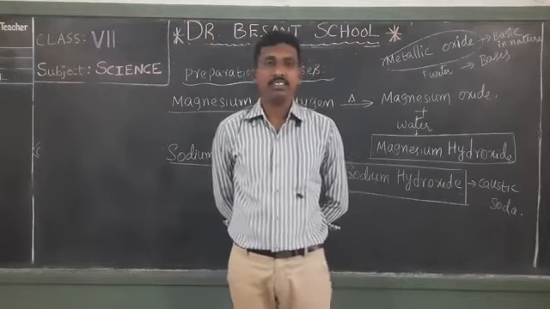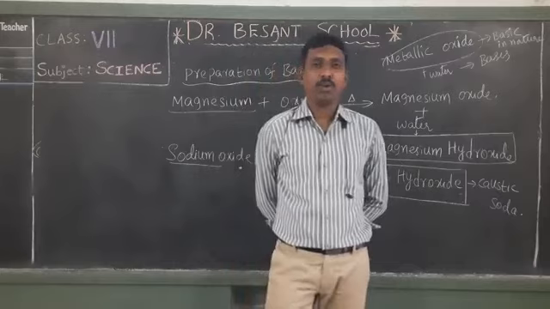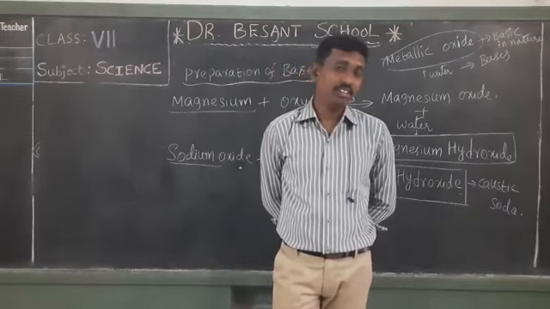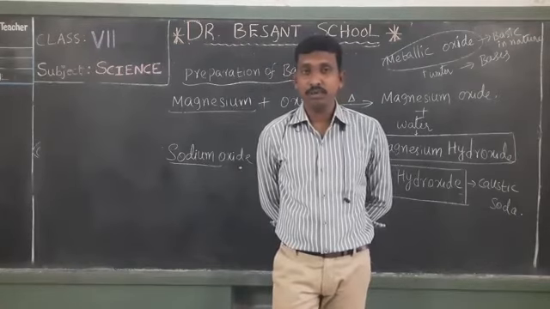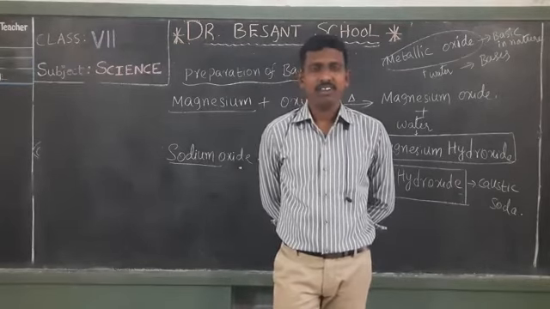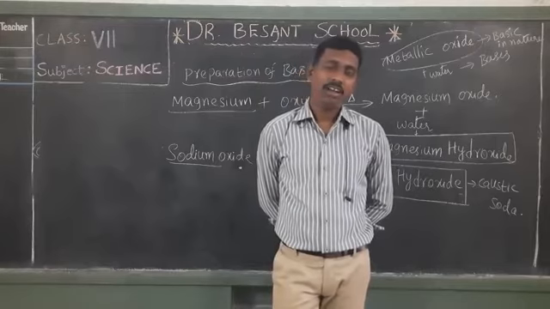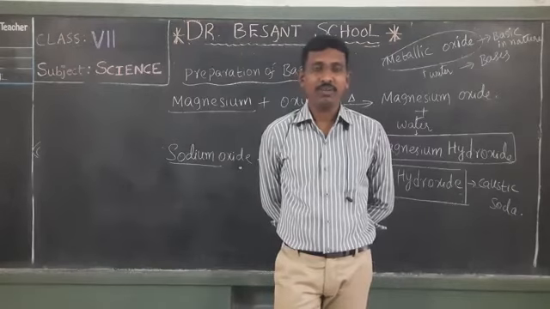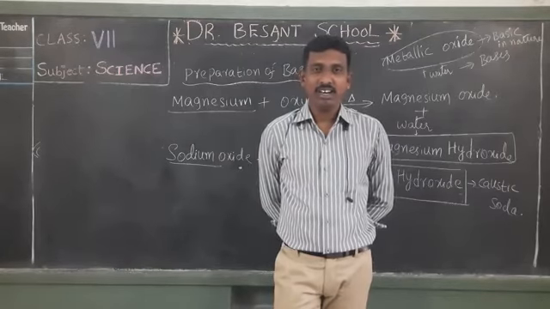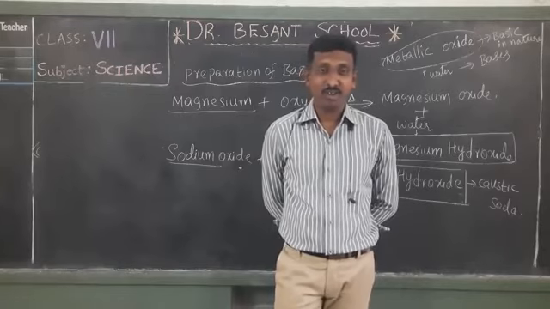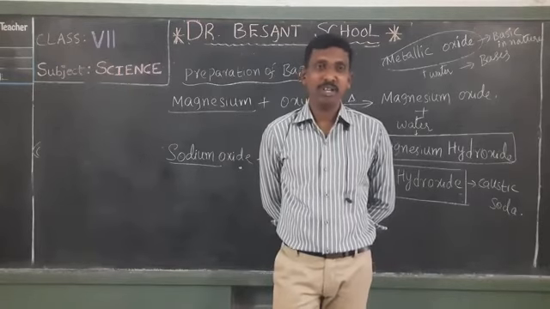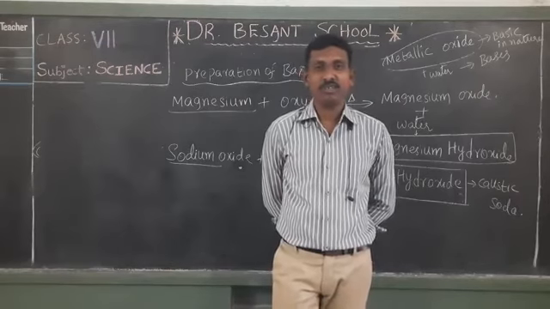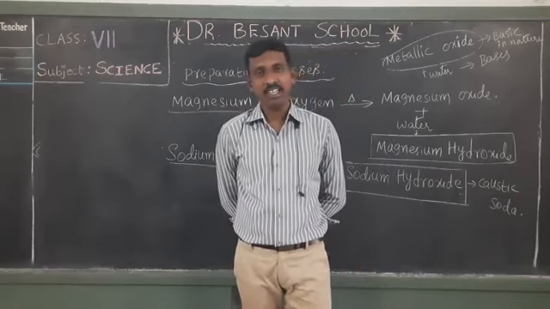In the further classes, we are going to discuss some more interesting topics from this lesson. One such interesting topic is acid rain. You have heard of rain many times and have witnessed it, but what is meant by acid rain? This acid is going to come from the sky. Clouds are going to produce acid. What is the meaning of acid rain? All these things will be learnt in your further videos. Okay, my dear students, till then, bye. Have a nice day. Thank you.